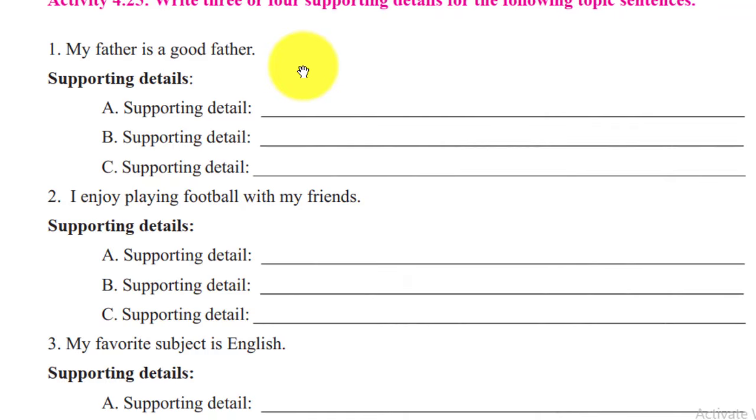own ነው። ደግሞ በራሳችሁ ለተሰጣችሁ ቶፒክ ሴንተንስ supporting details ሰጣላችሁ። ለምሳሌ my father is a good father ይላል። አባቴ ጥሩ አባት ነው አለ። supporting detail ምን ልጽፉ ትችላላችሁ? what makes your father a good father? ለእናንተ አባት ጥሩ ያስባለው ምንድነው? አሁን እዚህ ጋር ጥሩነቱን የሚገልጹ ነገሮች supporting detail 1 2 3 ብላችሁ ትገልጻላችሁ። second, I enjoy playing football with my friends ይላል። ይሄ በቃ ቶፒክ ሴንተንስ ነው፣ ዋና ፖይንት ነው።